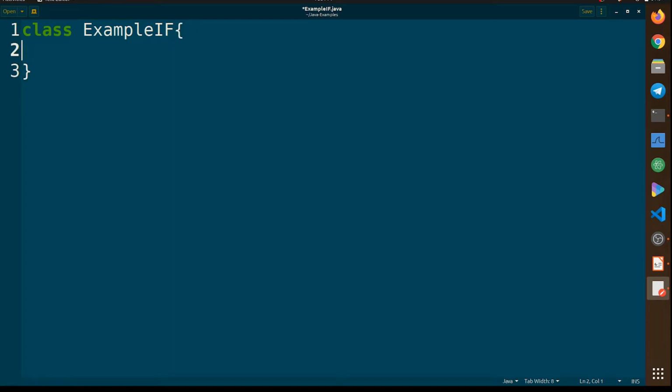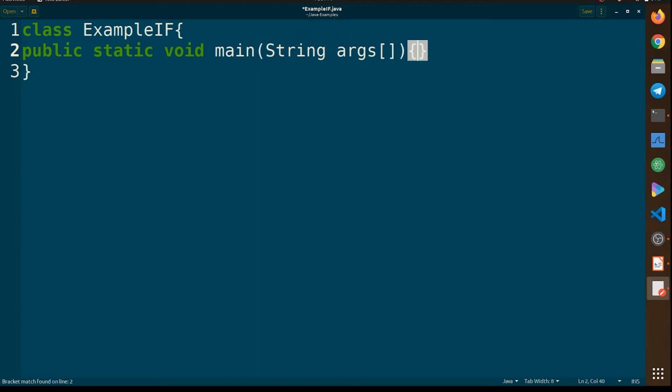So what we'll do here is directly define our main method. So public static void main String args, and we will declare our variables. So integer first and second.